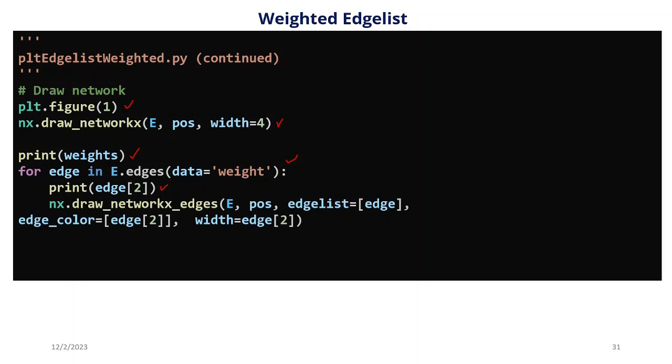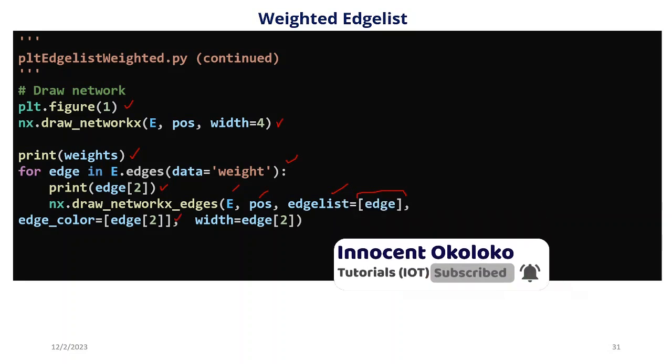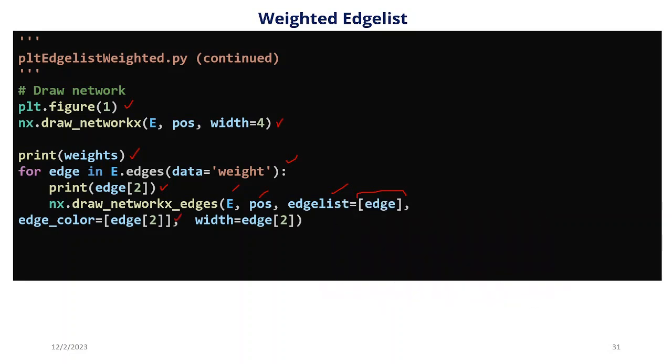We now say nx.draw NetworkX edges pose edge list. The edge list is going to be all the edge parameters that were returned from here. It's not only weight that is returned here like I described before. There are 3 things. So we say edge color equal to edge, but this color doesn't seem to work. I have not yet figured out why it's not working exactly. It plots everything in one color, but